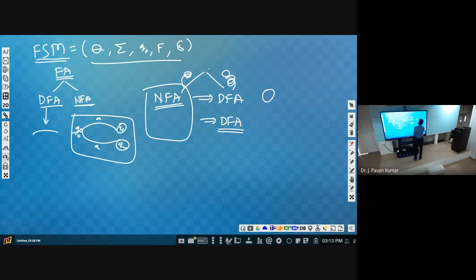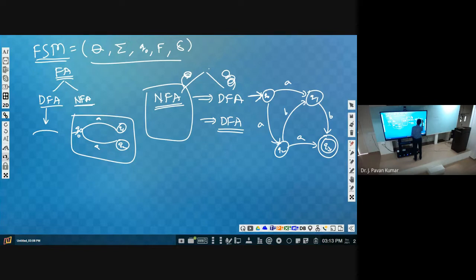Try to understand. Let us consider we are having simply 4 states. This is the initial state. How can we denote the initial state? By using this arrow mark to the state, and the final state is this one, which we are denoting with a double circle, and we are having transitions like this. Q0 on A is Q1, Q0 on A is Q2 as well. Next, Q2 on A is Q3, Q1 on B is Q3, and Q2 on B is Q1.